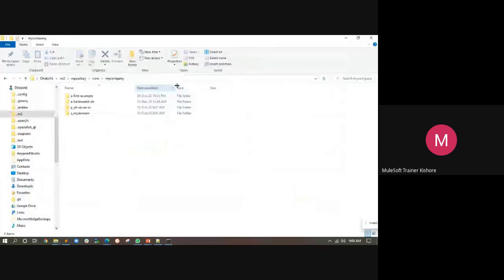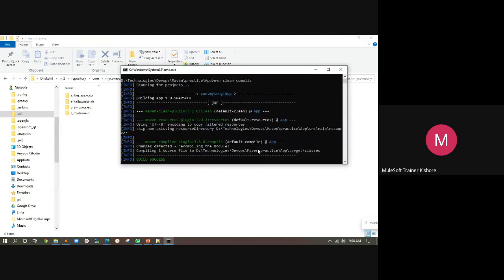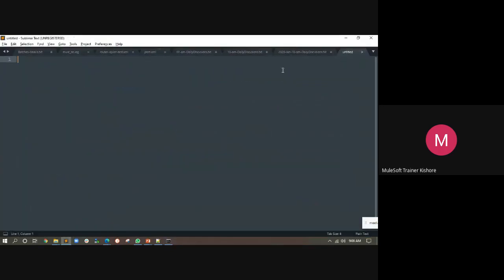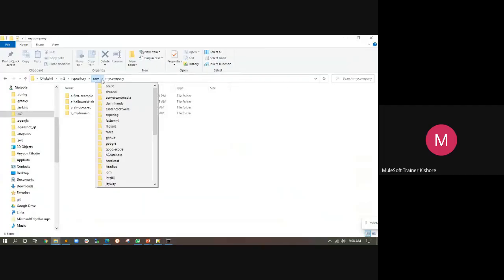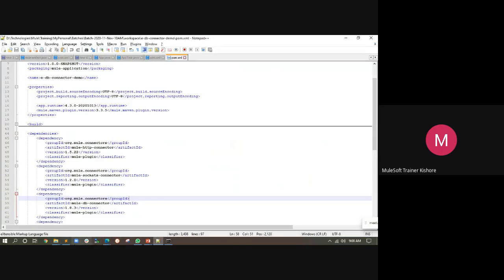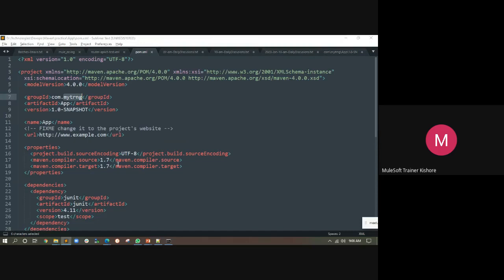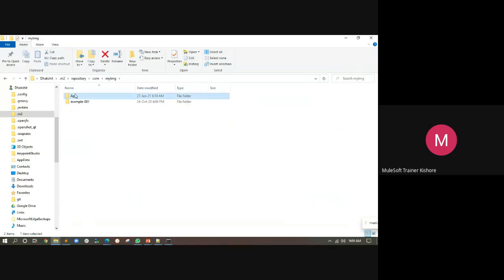artifact app. Why is there no app here? I just installed it a few minutes back. Where did this get installed? Let me copy paste the path. Yes, com dot my training, it's not my company, it's my training. Is it my company or my training? Let me check the pom.xml. Yeah, it's my training, mytrng. So not in my company. Go to my training and see, this is app.